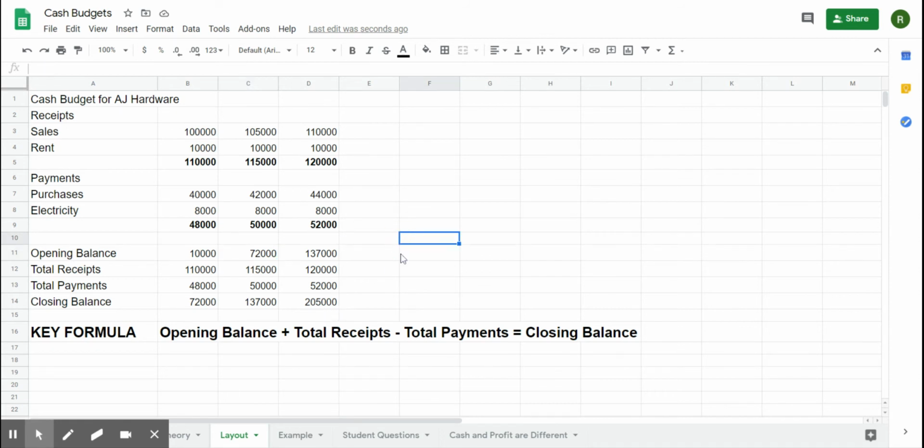And something you can see from this is that this is very, very easy to do on a spreadsheet. You just need some very basic formulas in there, and then you can drag those formulas across, and that makes the budgeting process a lot easier. Most of the early use of spreadsheets when they first came out was for things like budgeting. It made the whole budgeting process an awful lot easier.